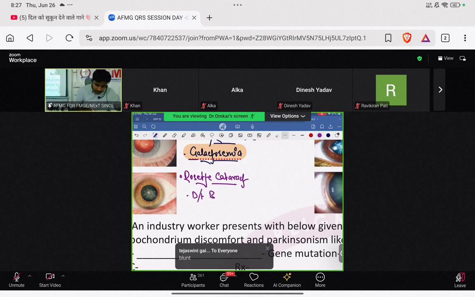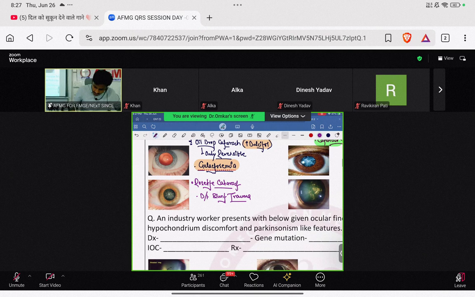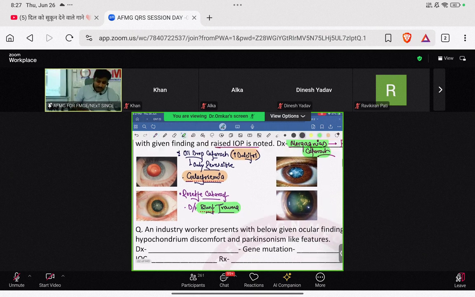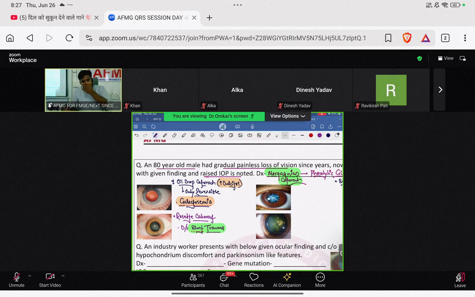Blunt trauma to the eyeball is also known to cause a fracture called blowout orbital fracture, a favorite question, with the teardrop sign. Remember, beta, blunt trauma to the eye is known to cause rosette cataract. Okay, and it can also cause tennis ball injury, and can cause blowout orbital fracture. I'll come to the other ones. Next important is this one.